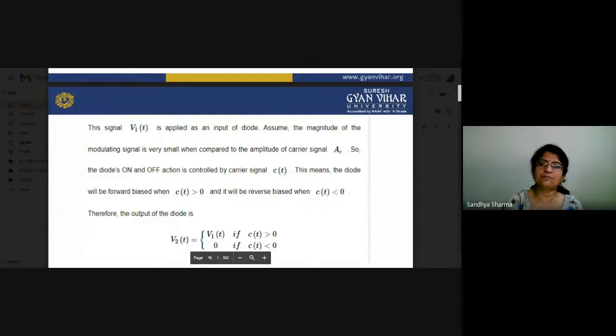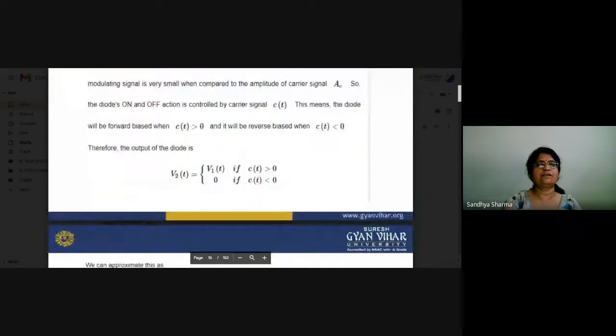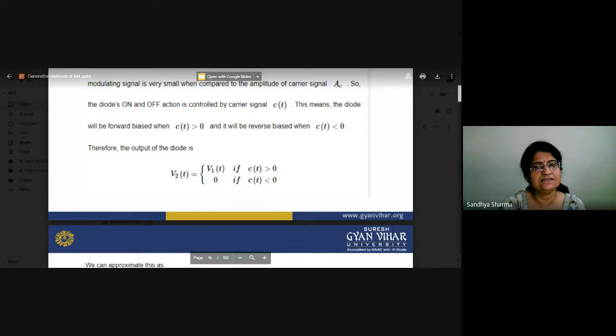When signal V1(t) is applied as the input of the diode, assume that the magnitude of the modulating signal is very small compared to the amplitude of the carrier signal. So the diode's on and off action is controlled by the carrier signal, because the amplitude of the carrier signal is high. We can say that when c(t) is greater than 0, our diode will be forward biased, and when c(t) is less than 0, the diode will be reverse biased. So this is the condition for when you receive your output V2(t) and when you will not. When c(t) is less than 0, the output is 0, and when c(t) is greater than 0, your output will be